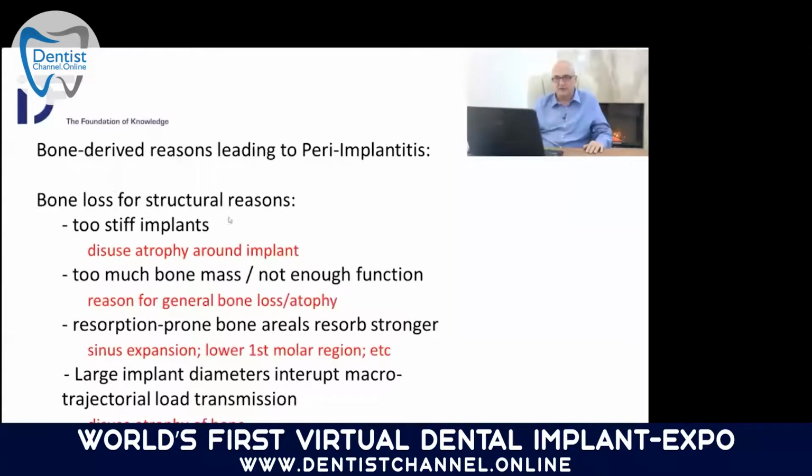Now there's bone loss for structural reasons, especially if there's not enough elasticity in the bone. This is the case if the implant is stiff. Bone can also integrate a stiff implant, like a two-stage implant, big diameter, rough surface, and so on. This all works, but after the osseointegration is finished, I mean, osseointegration starting with a woven bone formation, and then leading to osteoid remodeling, the real, even sometimes cortical osseointegration. But after these first repair processes are finished,